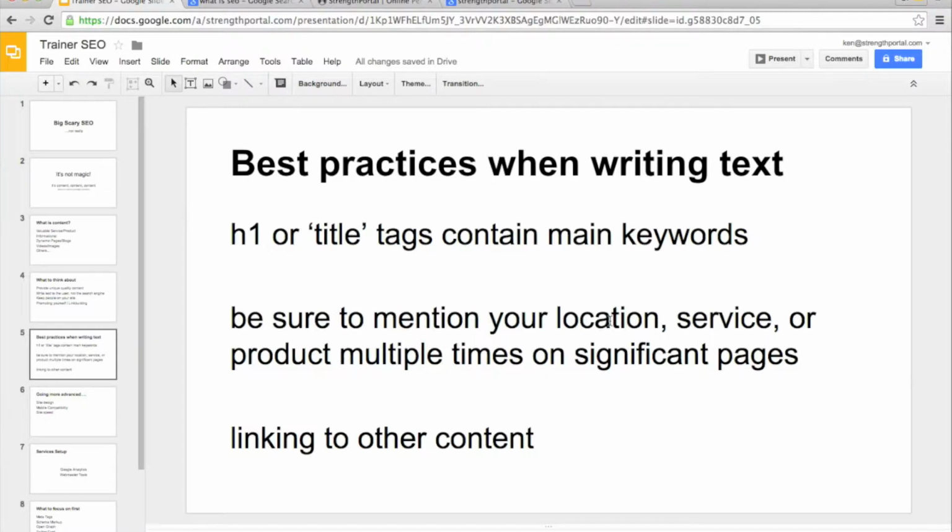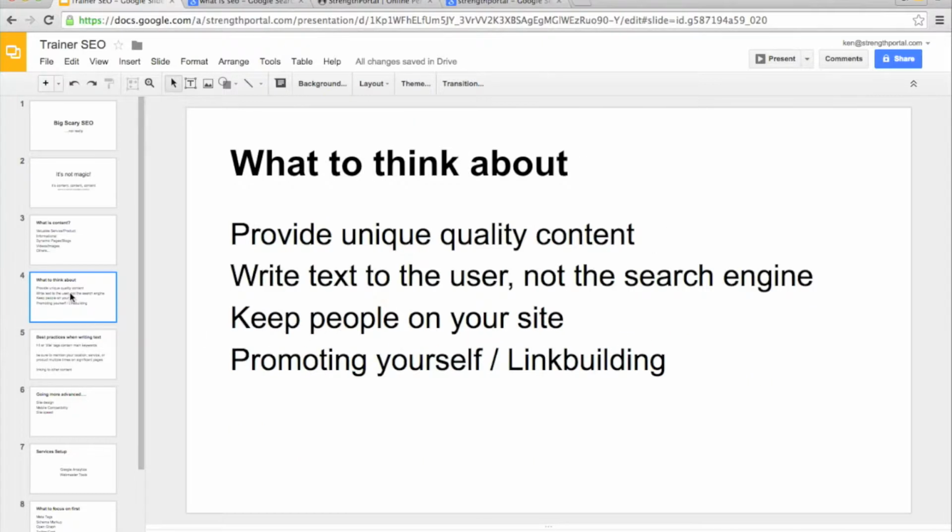Or if you're an online trainer, you say, I'm an online trainer who has trained people from all around the world. You want to make it obvious to the user reading it and also the search engines exactly what you do. And you do this through text. Now, going back to what I said before about write to the text and not to the search engines,